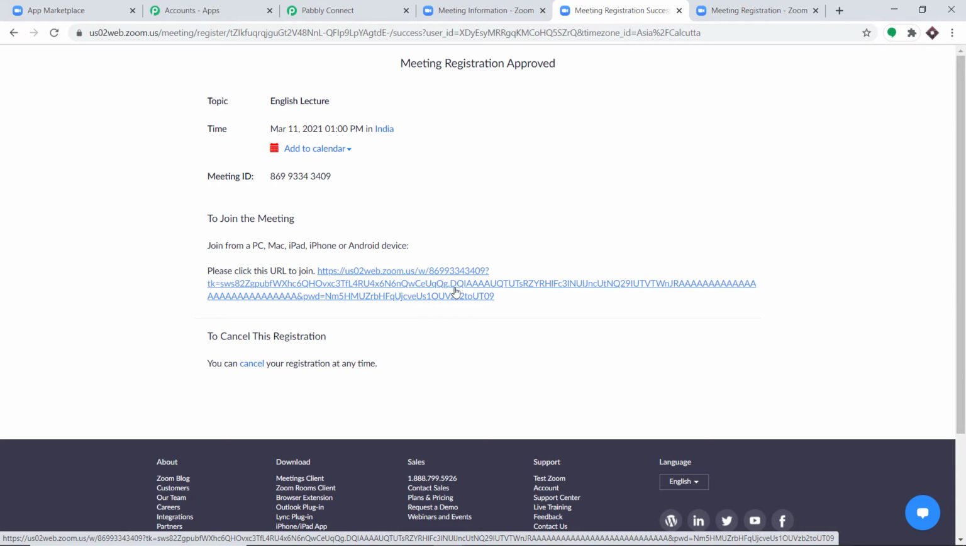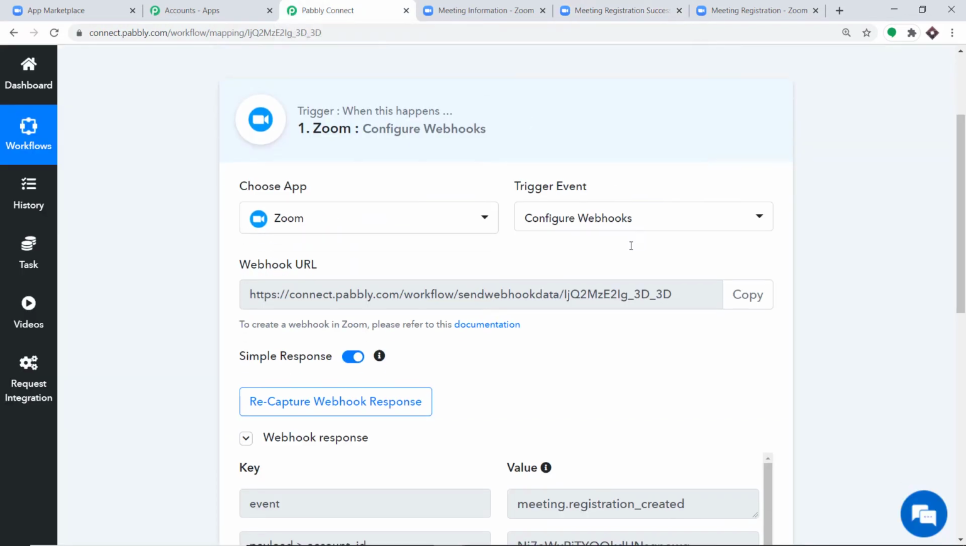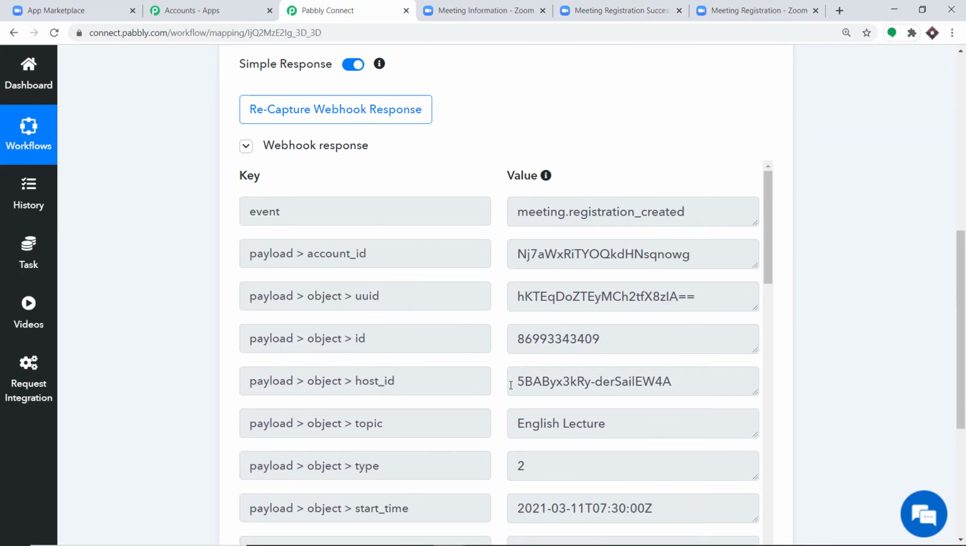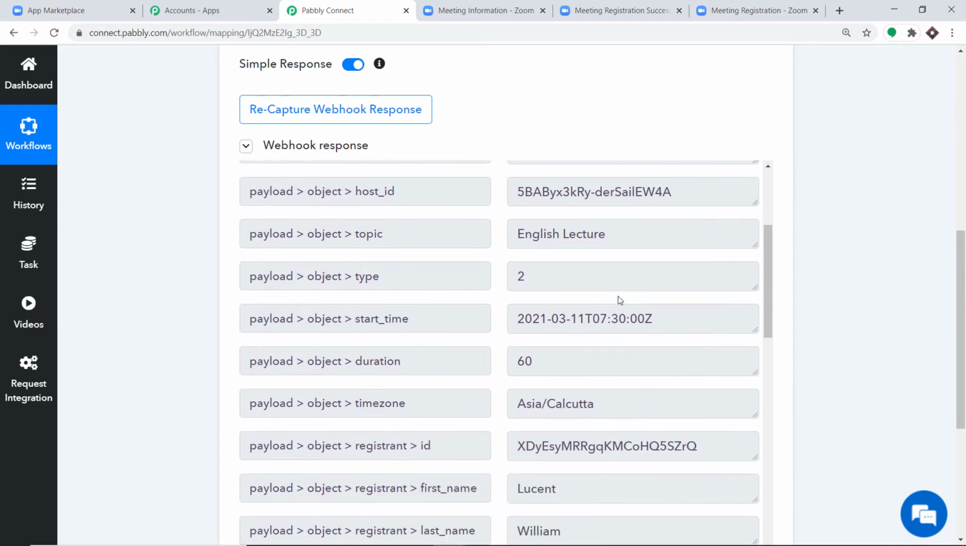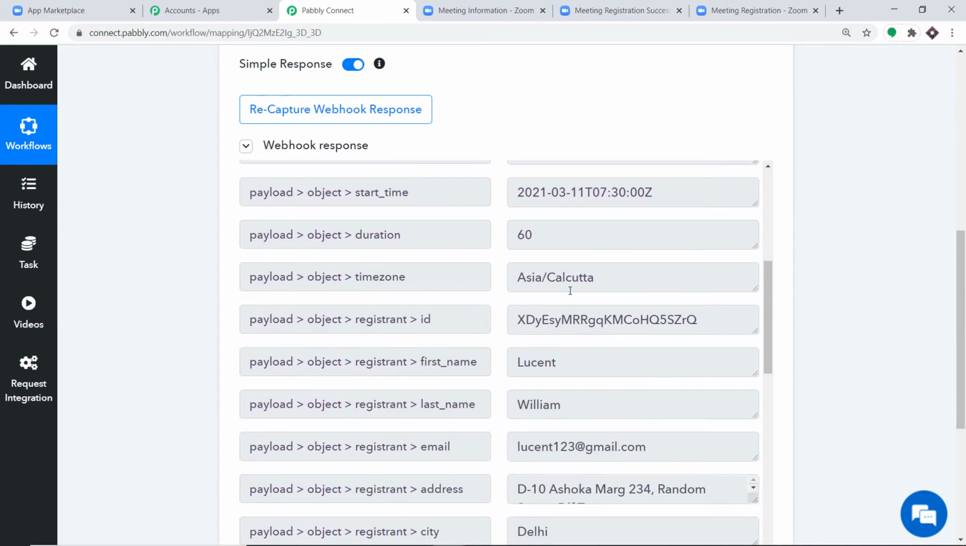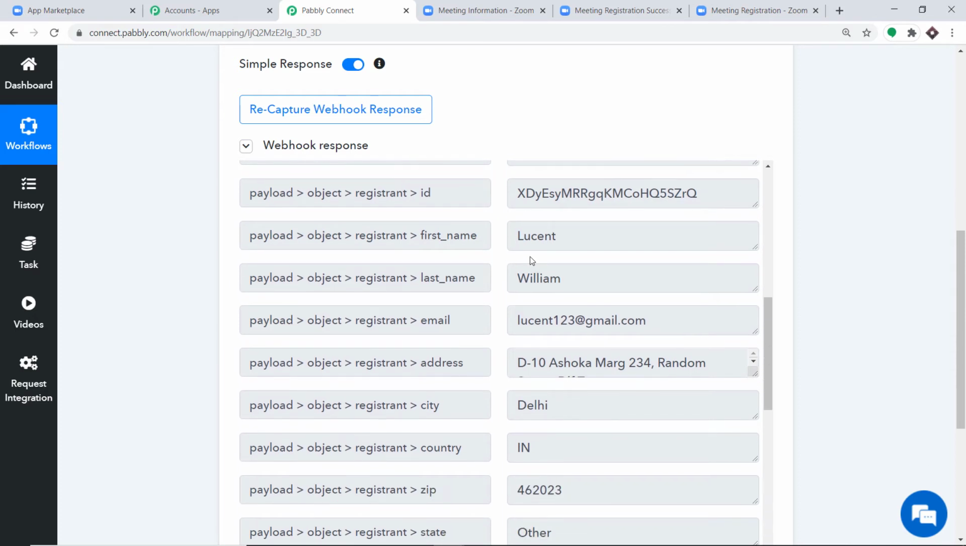So since the registration has been made and since Pabbly Connect is integrated with Zoom, let's have a look whether Pabbly Connect has captured the data or not. So let's have a look. Yes, the data has been captured. So the topic is basically the event that has been scheduled, English lecture. It has been captured. Then the time zone is Asia, Calcutta. So this is the registrant's name, that is Lucent. The last name is William. This is the email